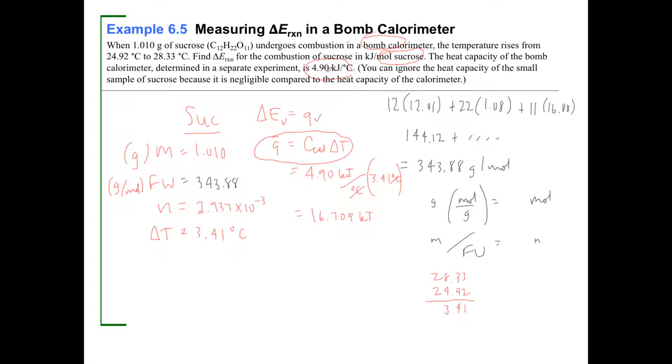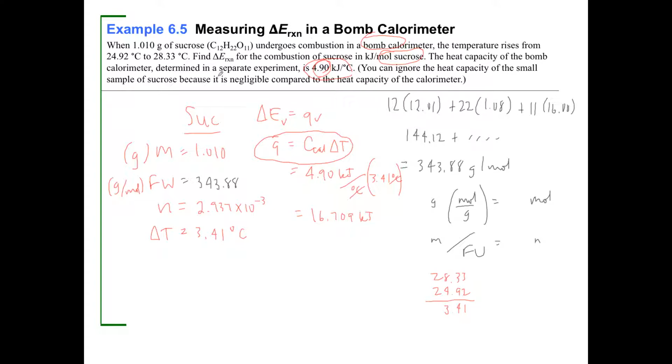16.709 kilojoules. Let me make sure, first of all, I got that right. It was 4.9, and 3.41 is, I hope that's right. You know, I'm going to check that before I move on. It's real important that we get that right. 28.33 minus 24.92, 3.41. That's right. Okay. So it looks like this is 16.709 kilojoules, and what we're asked for is